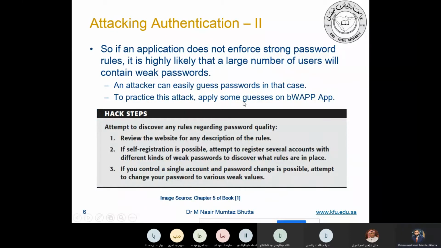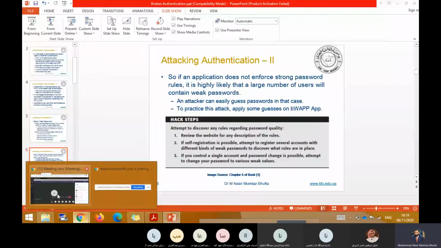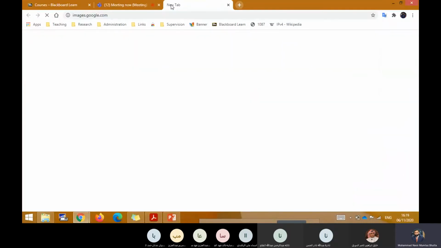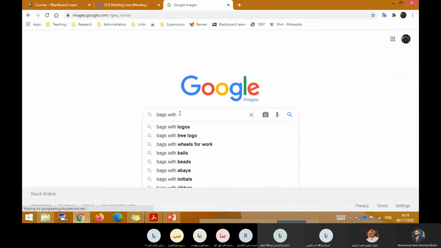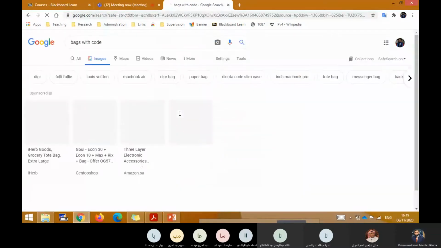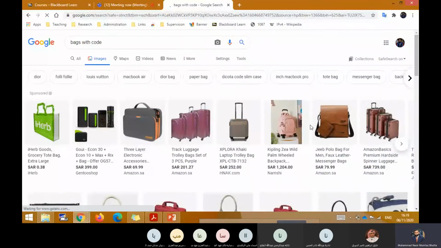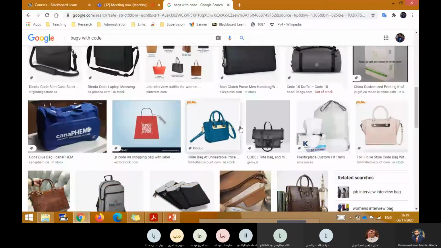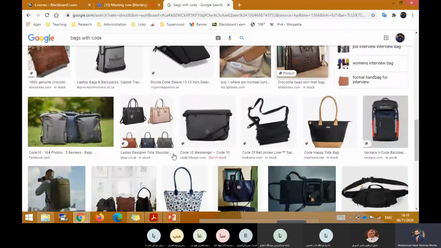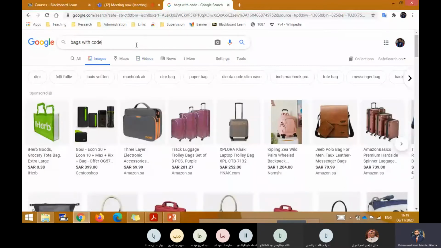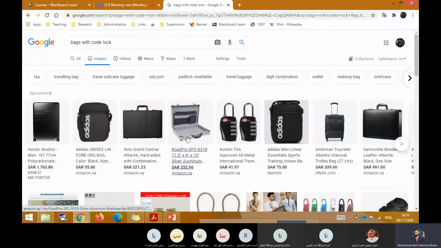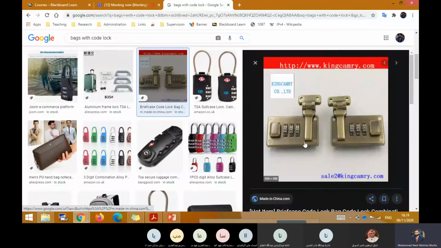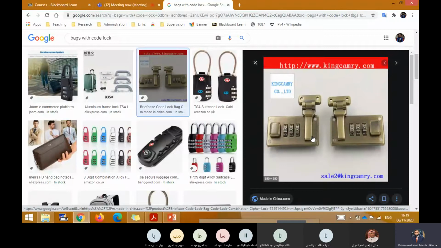So for example, have you seen any bags? If I show you, if you can see these bags, usually, if you can see students now, these kind of bags are very common, right?